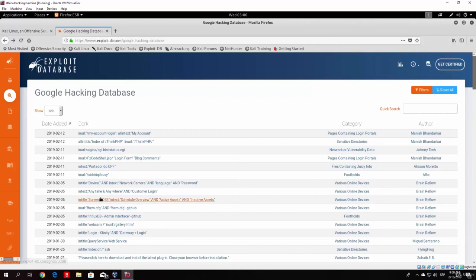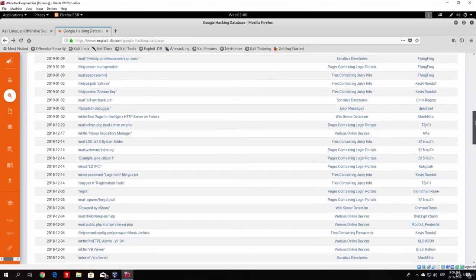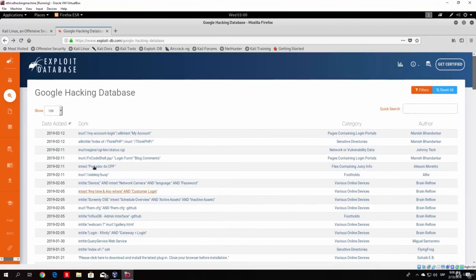So that's about it for the Google hacking. Now, if you want to, you can scroll down and check out all of these other commands. They could be useful for you, but we won't be doing that since there are lots of them. And we'll continue